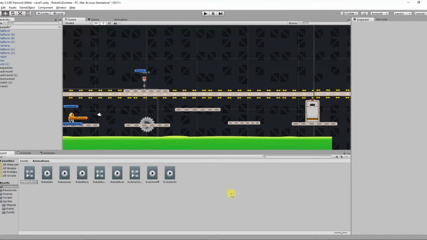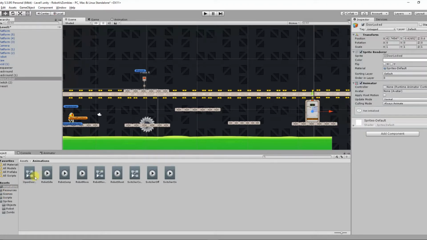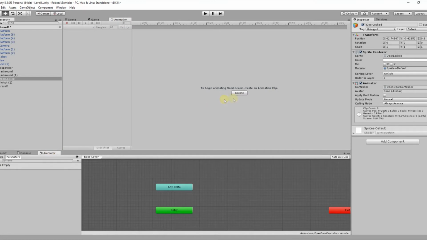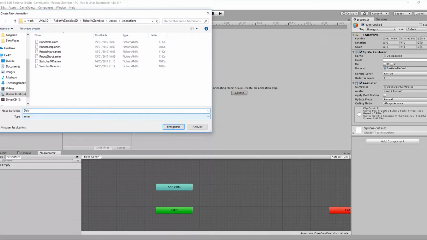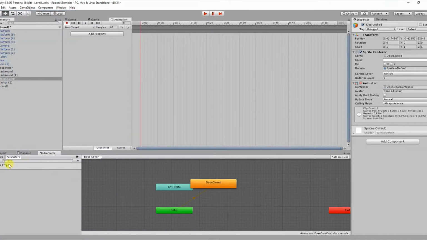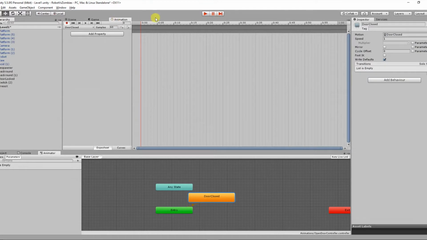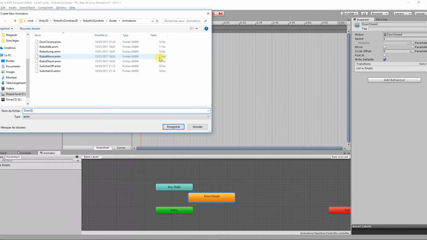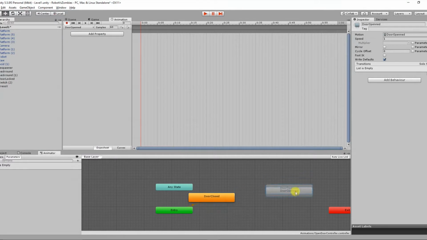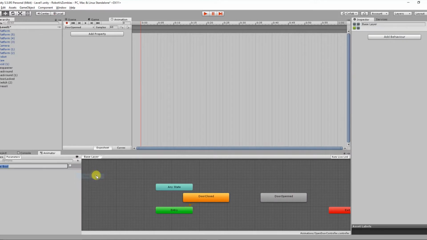controller. And of course, we're going to drag and drop it inside our door like this. Animator. Open the animation view and the animator view. Create a new clip, call it door closed, and save it. Create another new clip, call it door opened, save it, and we're going to create a new boolean to switch from the closed one to the opened one,